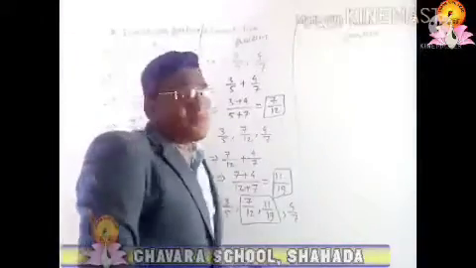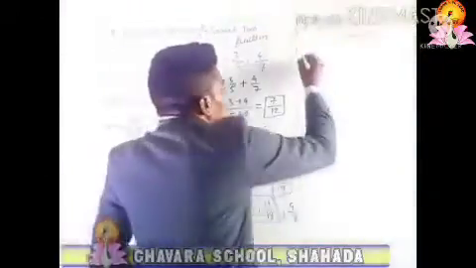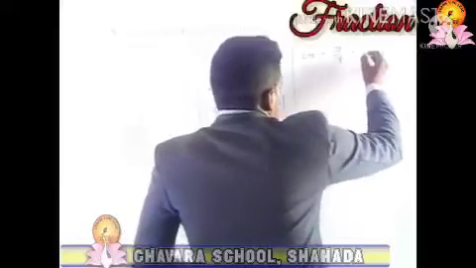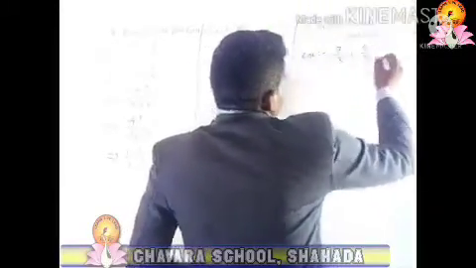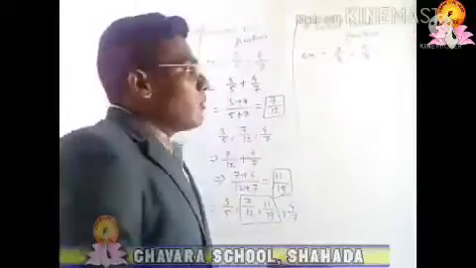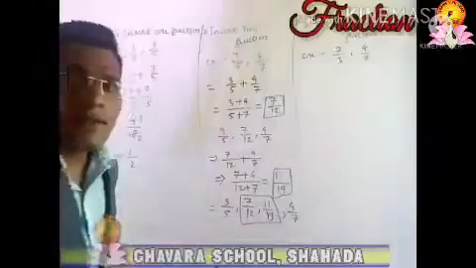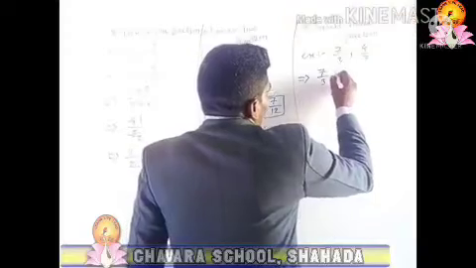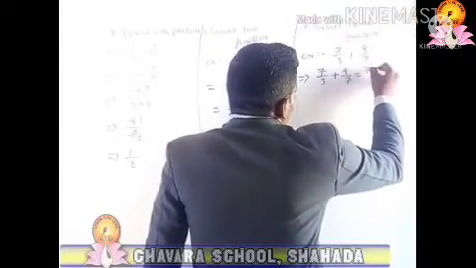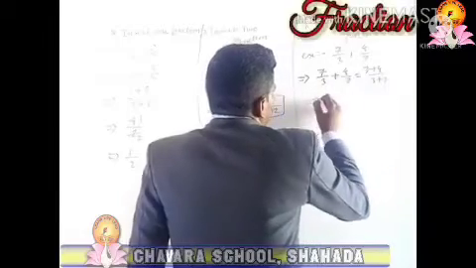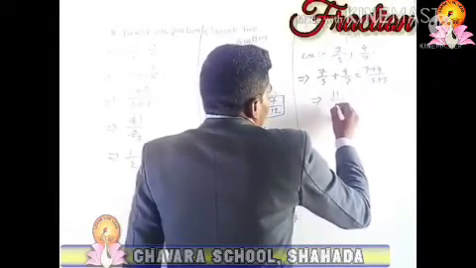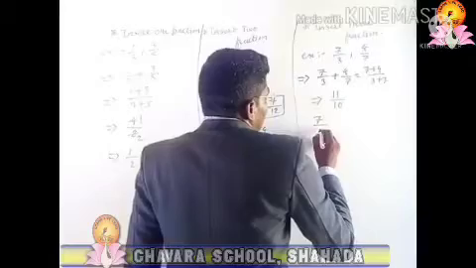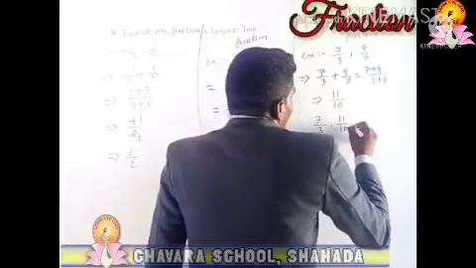Now how to insert three fractions into given two fractions? For example 7 by 3 and 4 by 7. These are the two fractions. Now how to insert three fractions in between these two fractions? The method is the same as for the first fraction: 7 by 3 plus 4 by 7, so 7 plus 4 upon 3 plus 7, and it is equal to 11 by 10. After getting the first fraction, arrange them with the given fractions: 7 by 3, 11 by 10 and 4 by 7.